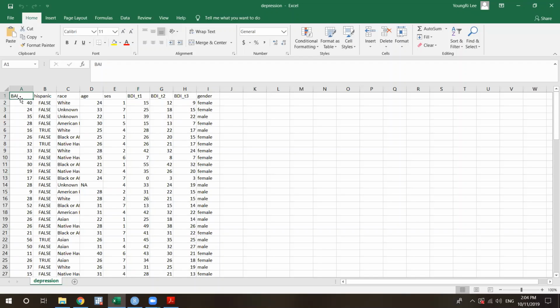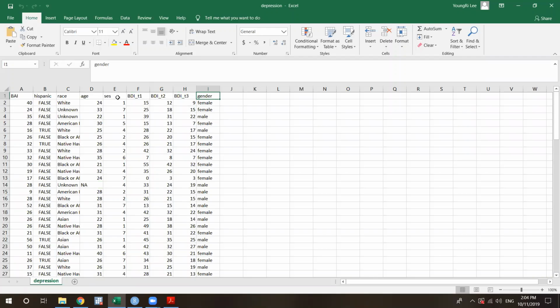BAI is the Beck Anxiety Inventory. Hispanic is whether you are Hispanic or not. Race is here. And then age, you can see some missing data in this age variable. And then SES, and then this is the time measurement, 1, 2, 3. And then you have gender.